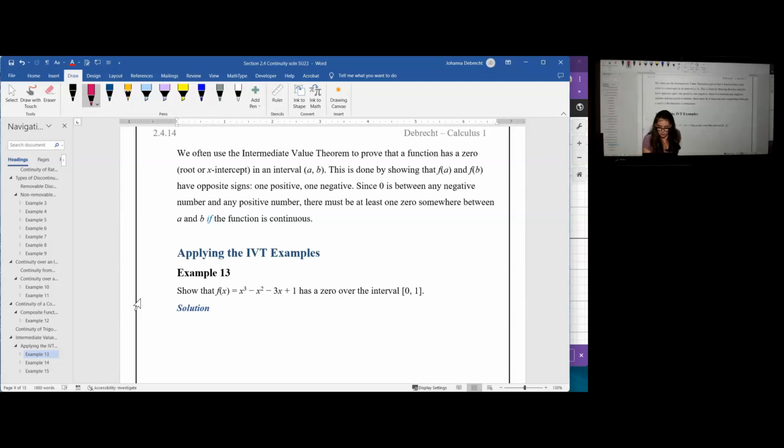Well, again, if we're looking at a graph and we want to know for sure where it's got some zeros, and by zeros I mean these x-intercepts that we have here, then all I need to do is find an interval over which one of the y values is positive and the other y value is negative. If it's a continuous function, it can't get from the negative to the positive or reverse without going through 0,